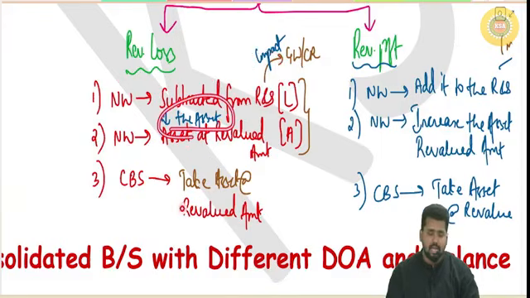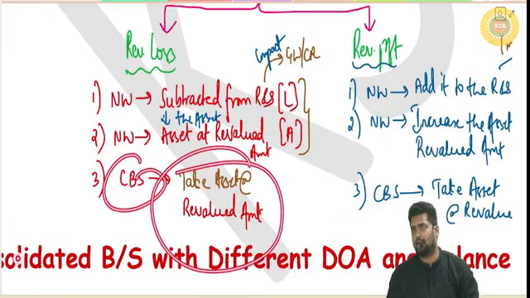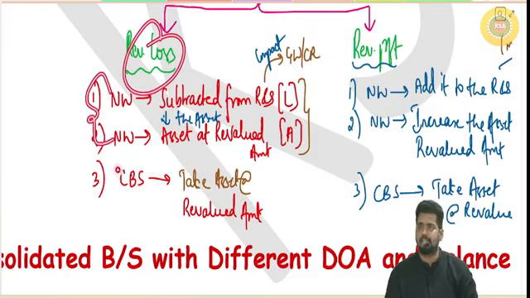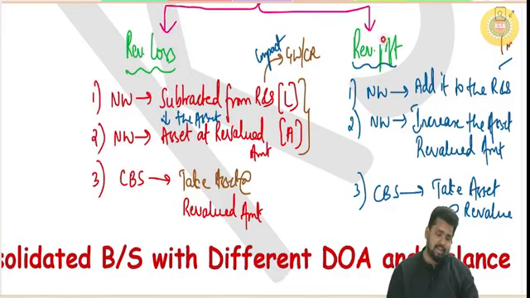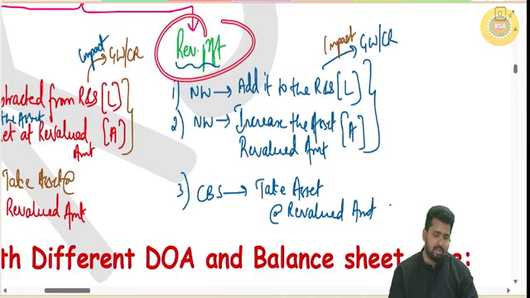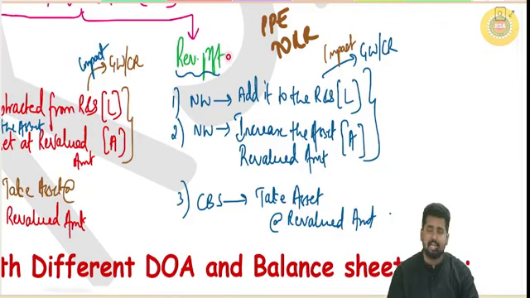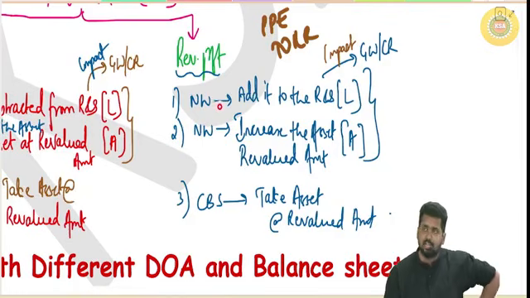Clear? And in the consolidated balance sheet, take the revalued amount. If there is a revaluation loss, the impact will be there in net worth and it will go to the consolidated balance sheet. Clear? No sir, revaluation profit is there. Then what entry would have been passed if there is revaluation profit? PP account debit to revaluation reserve account. Correct? Therefore, if you are finding the net assets or net worth or equity of the subsidiary company using the liability side approach,